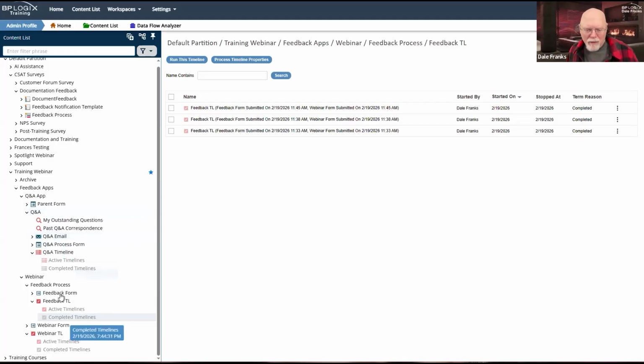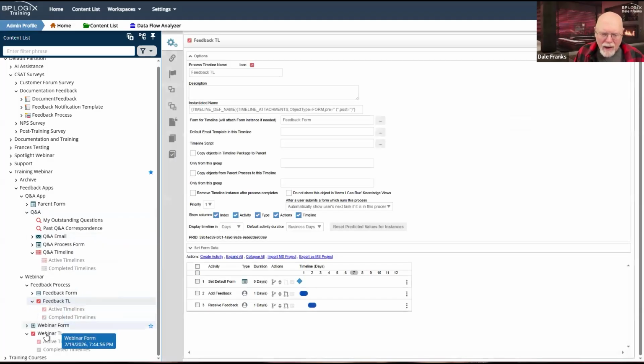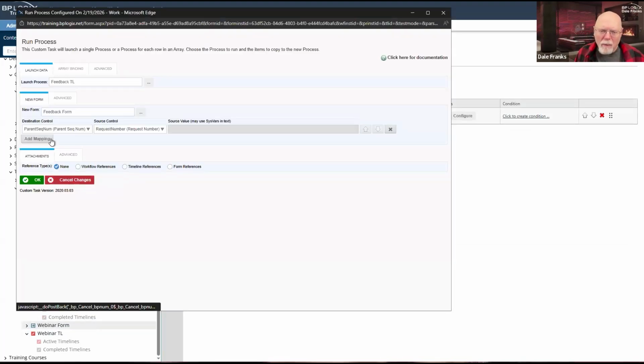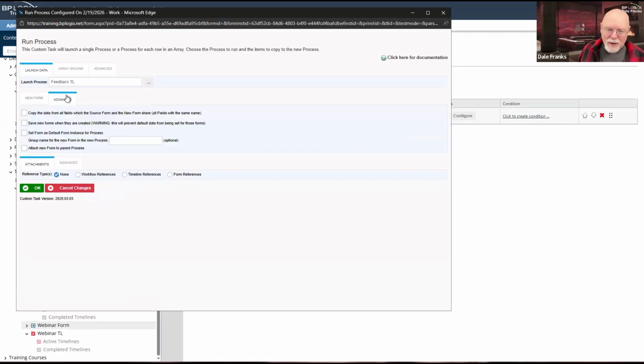I was also fairly certain, and again, we may have changed this recently, that I could prevent my parent form from being passed to the child. Could be I'm wrong about that. This is one of those things that I kind of did on the spur of the moment and didn't really get a chance to study much ahead of time. Like I said, we're flying by the seat of our pants here.